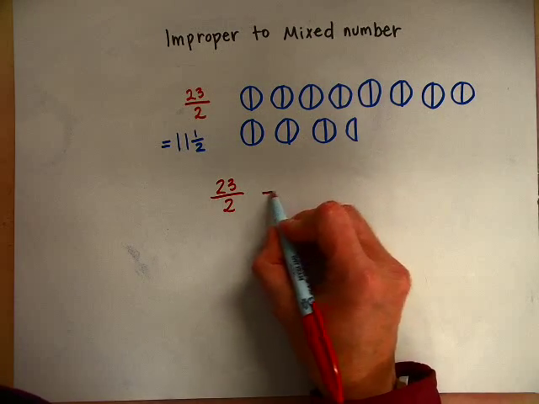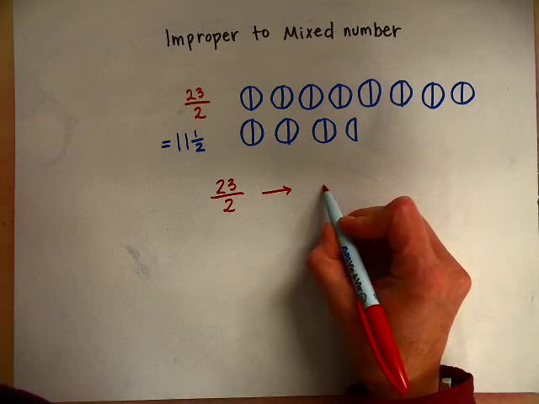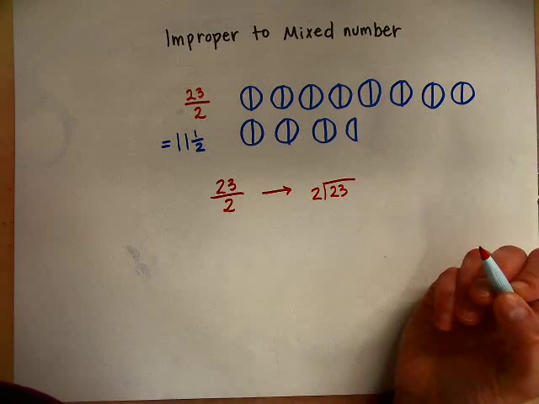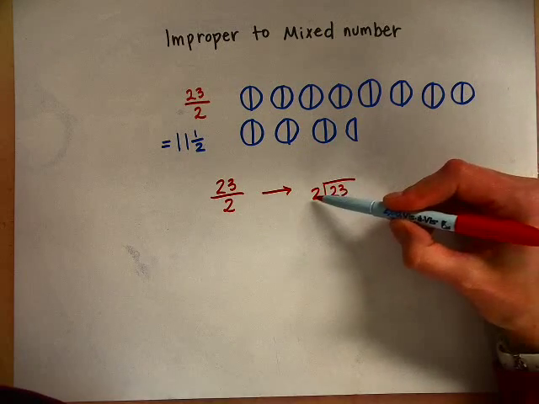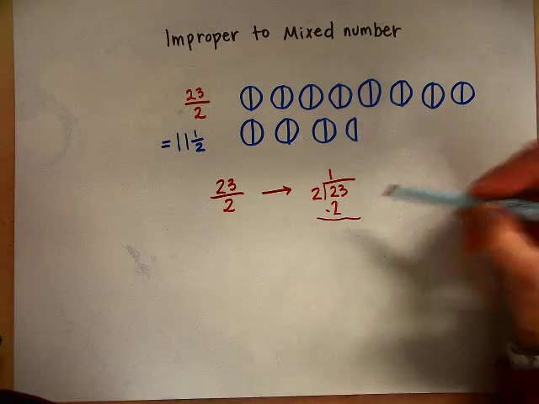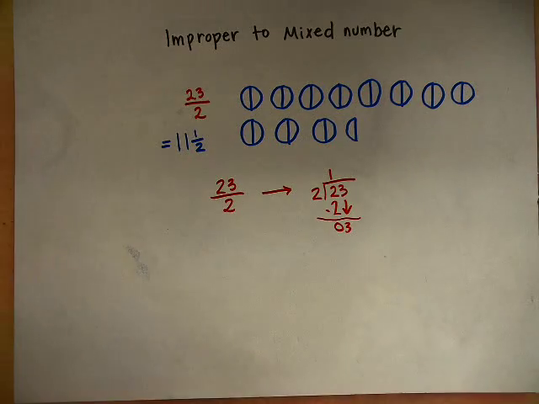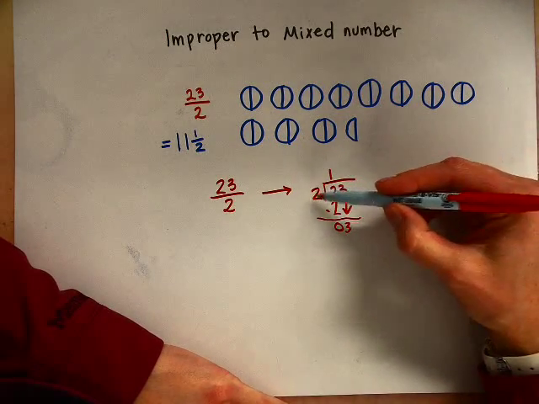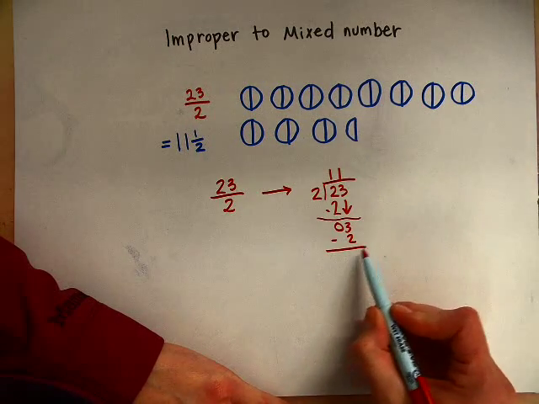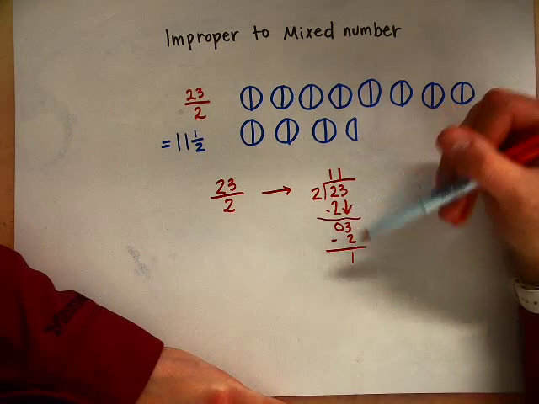So what we're going to do is divide. Top number always goes in the house. 23 divided by 2. Now I divide. 2 goes into 2 one time. 2 times 1 is 2. Bring down the 3. And 2 goes into 3 one time. 1 times 2 is 2, and then 1 left. So now you have 11 with 1 left over